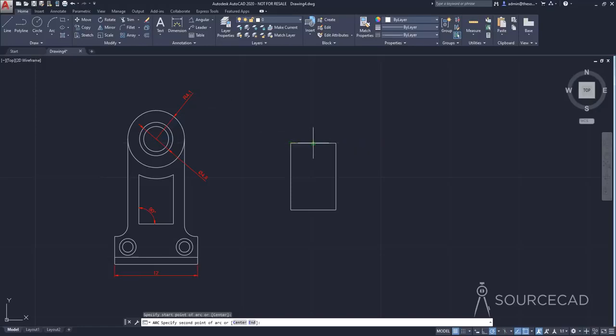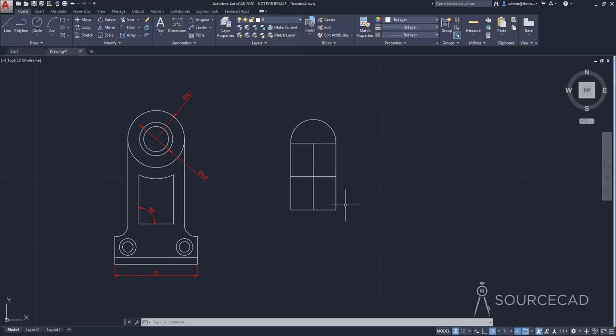So first point and second point, third point, then line, and again. Alright, so here we have a simple window kind of shape. Now in this case, all these objects are separate. They are made separately using different draw commands, but you can convert this into a symbol, and that symbol is